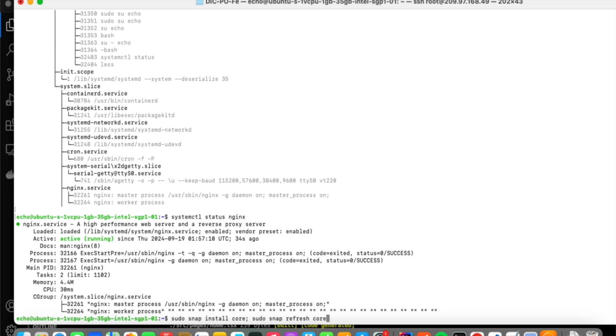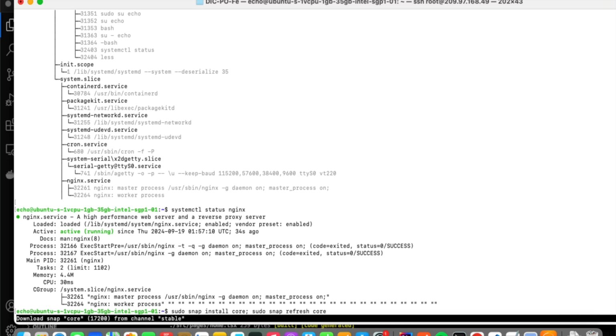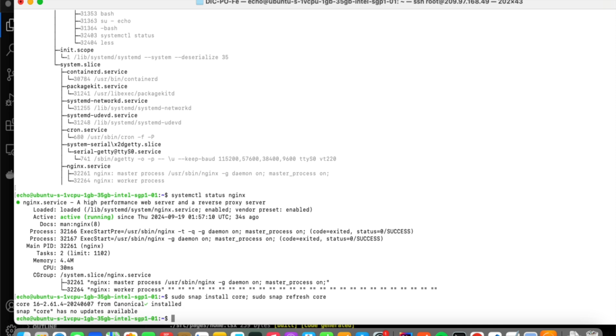We run this to install the core package and make sure that the core is up to date. Okay, the snap package has been installed. And then if you have installed Certbot before, you need to remove it,